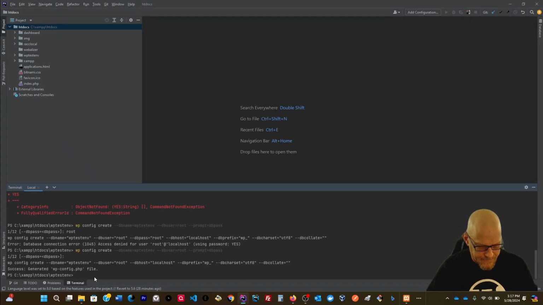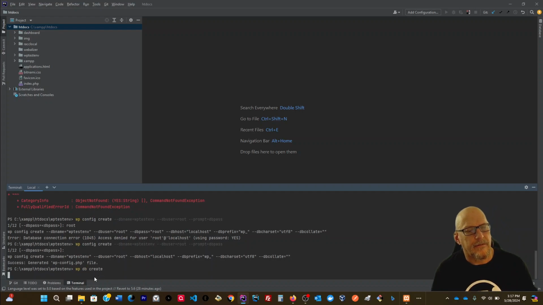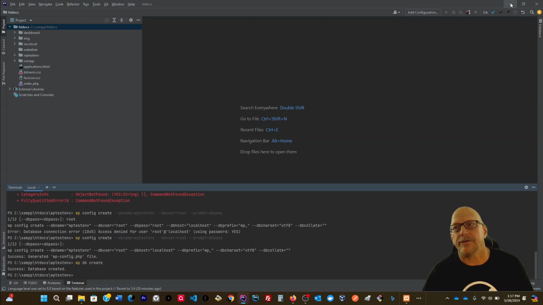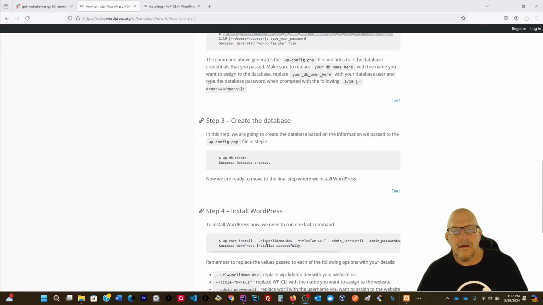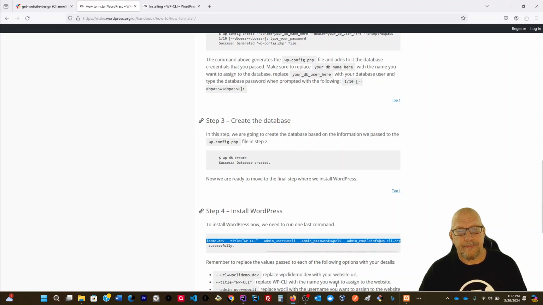So WP db create, database created, and then after that we're going to go to all this stuff here. WP core install, Control C, and then we'll come back down here